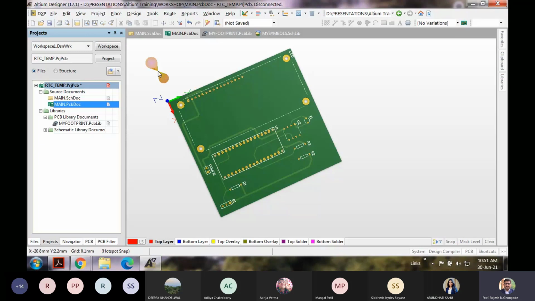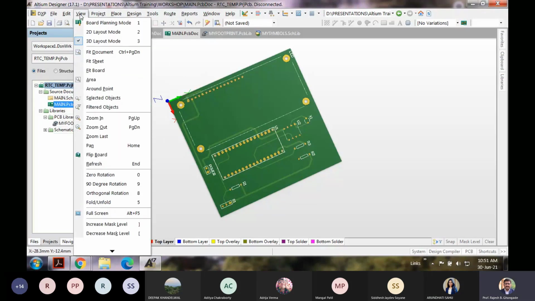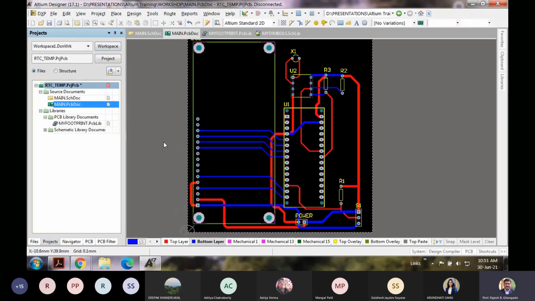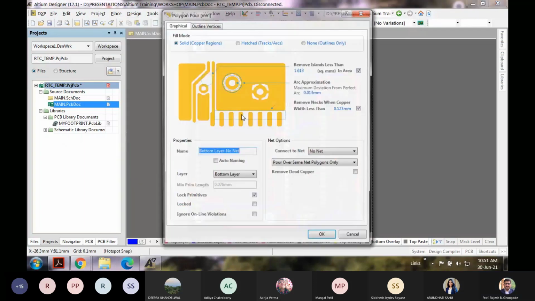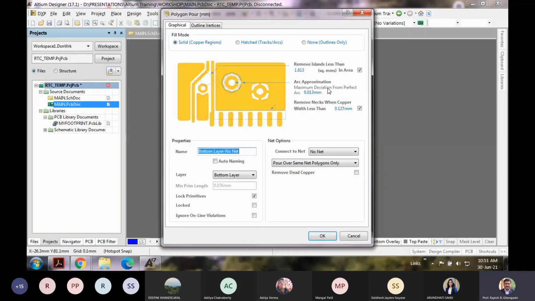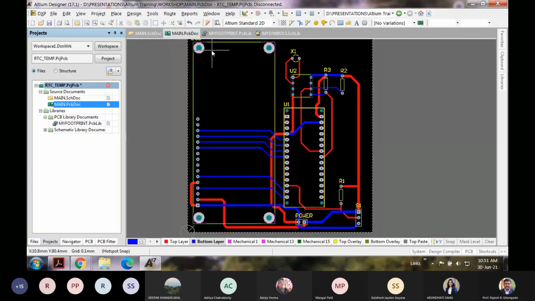There is one more thing which is left, which I can tell you: many times we require what is called a polygon pour. It may not be a very good idea to use the polygon pour here, but I'll just show you how to do it. So you click on place, and you go for polygon pour, and then connect it to ground most of the times. Remove the dead copper. You can start just making